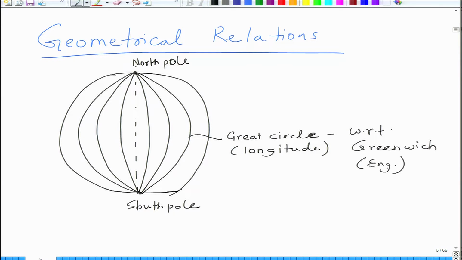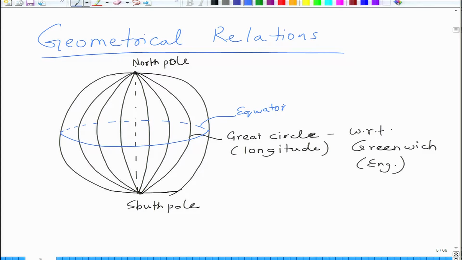For England the longitude would be to start with 0, and then we measure the other locations' longitude with respect to it. So this is longitude, and the circles which run horizontally, at the center the biggest circle,